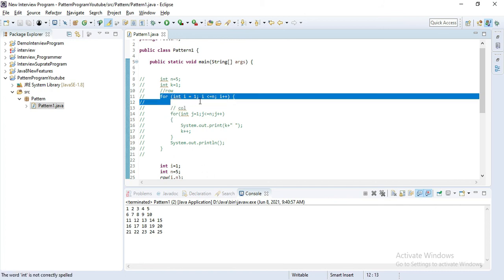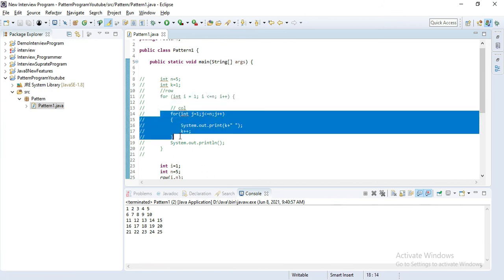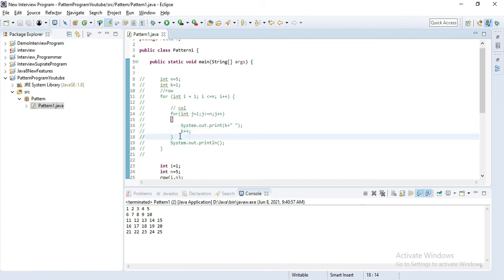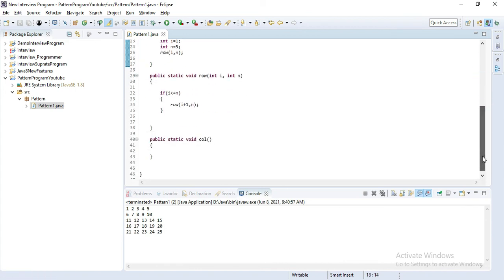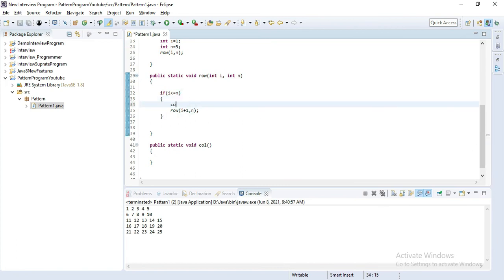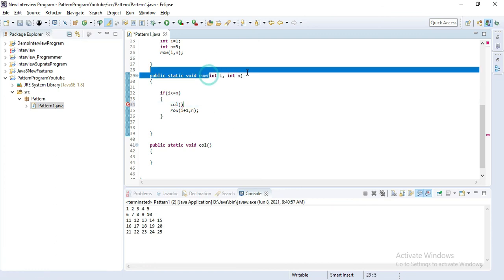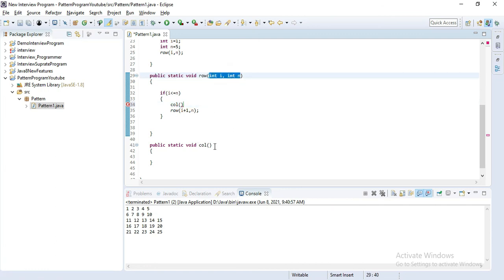When this method is called, you can see in our main program, inside the main for loop we wrote another for loop for printing a column. The same way we have to pass our column for loop here. I'll define call here. Here also we have to pass two values, int j comma int n.